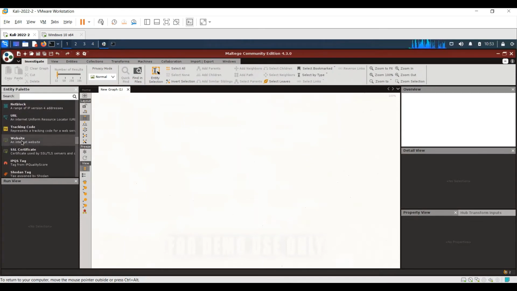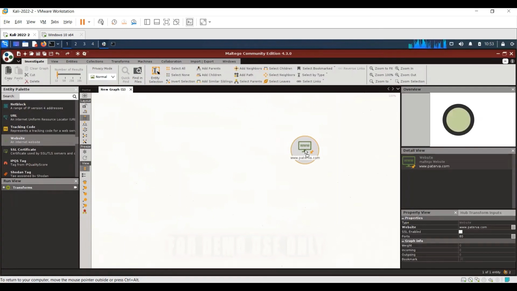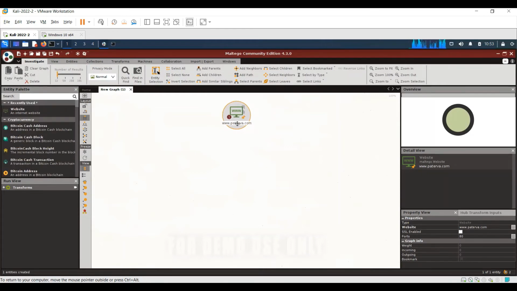I'm going to get the website. So I'll drag the website over here, onto the blank graph. I'll remove this www.peterva.com and in place of this, I'm going to type certifiedhacker.com. Now, when you right click on it,